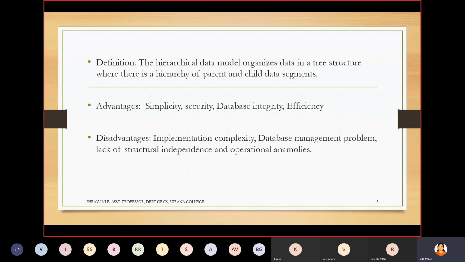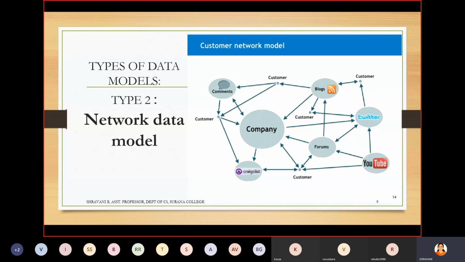Now let's take up the second model, that is type 2, the network model. You can understand it by taking an example of the Vodafone network. You will have the main tower here. Think this is the Vodafone company or any company. And here you will have the tower, you will have the office, here you will have the customer, here you will have the area-wise offices and all those things which are related to each other.